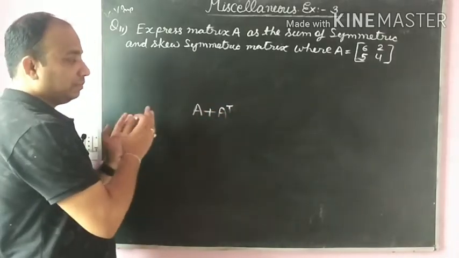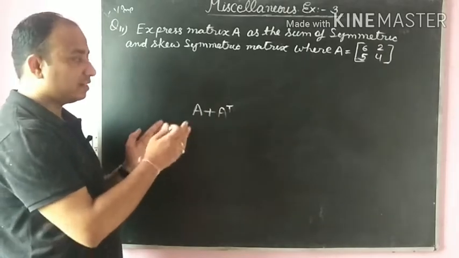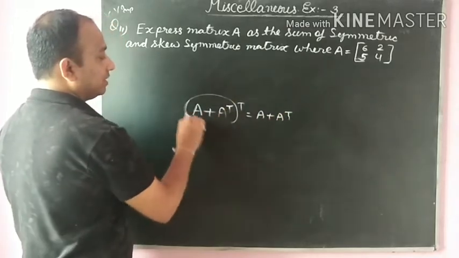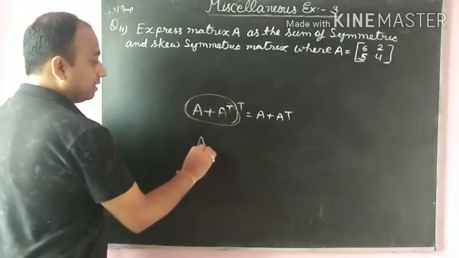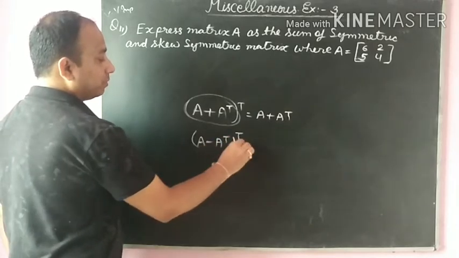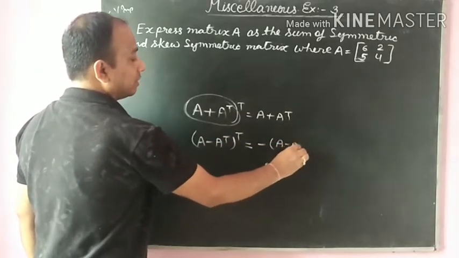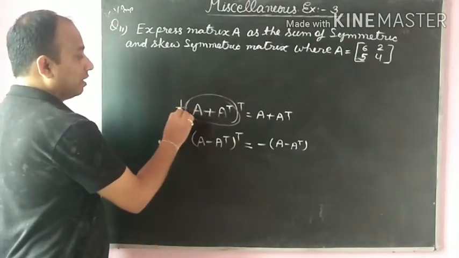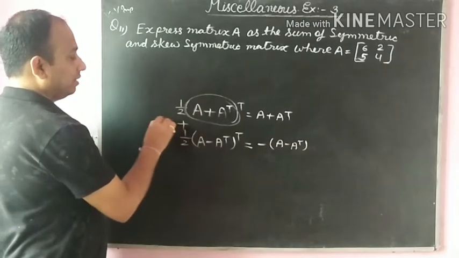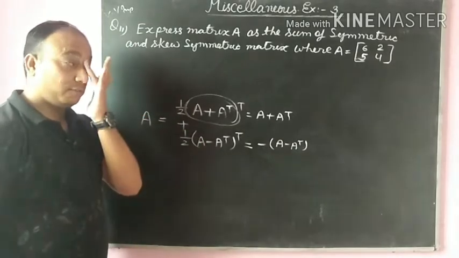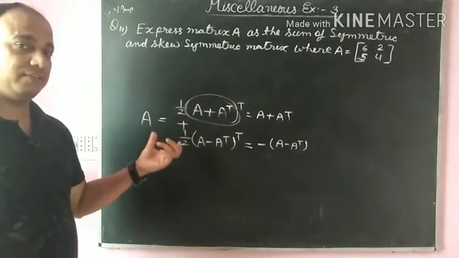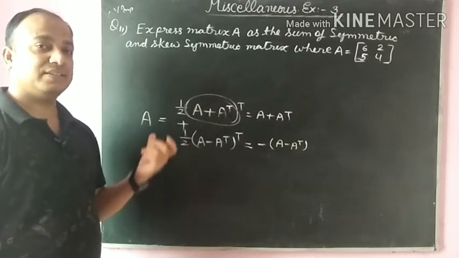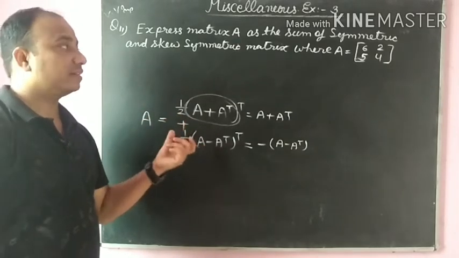matrix, because when we took the transpose of A plus AT, the transpose of this matrix is equal to itself. So A plus AT is a symmetric matrix, and the transpose of A minus AT is equal to the negative of A minus AT, so A minus AT is a skew symmetric matrix. फिर मैंने दोनों को हाफ से मल्टीप्लाई करके ऐड किया तो ऐड करने पे अपना आंसर किसके इक्वल आया था A की। और वहां भी मैंने आपको बताया था कि ये कॉन्सेप्ट वेरी वेरी इंपॉर्टेंट है, किसी भी स्क्वायर मैट्रिक्स को सिमेट्रिक एंड स्क्यू सिमेट्रिक मैट्रिक्स की सम की फॉर्म में हम एक्सप्रेस कर सकते हैं।